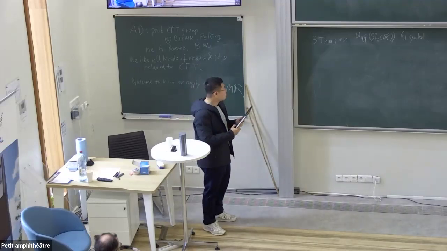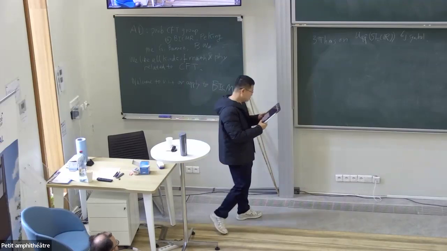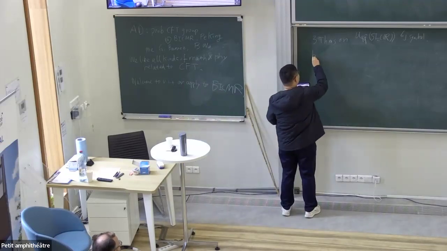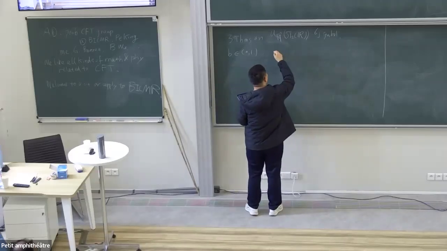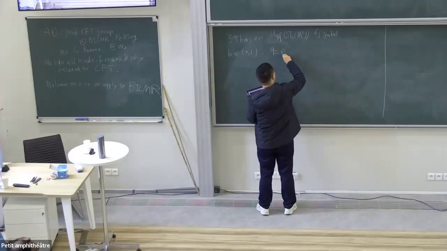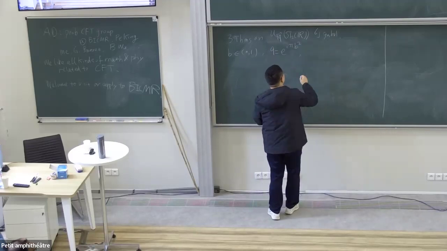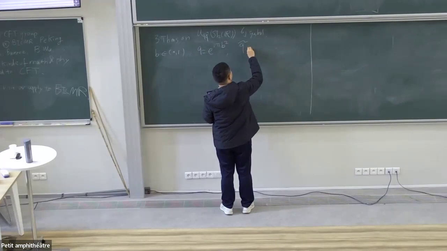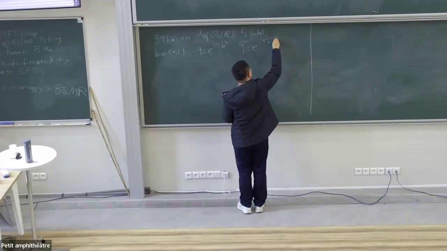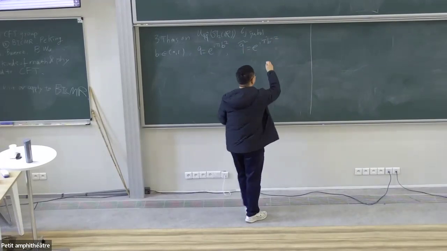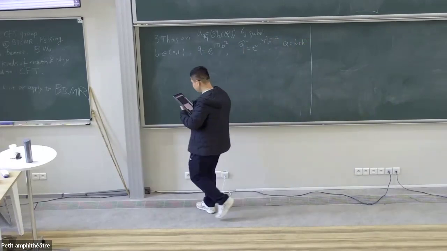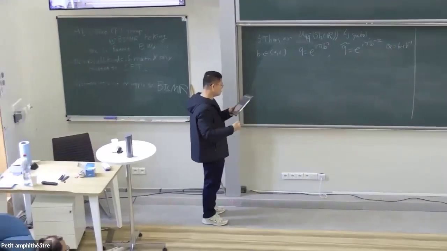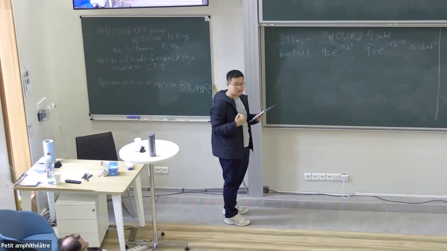So let me first fix all these parameters. So similar to Europe's talk, we have this Q parameter. Q parameter is, and the Q theta is the inverse. And then we have, so then there are some other parameters which is used in the probabilistic setting of Liouville CFT, and I will